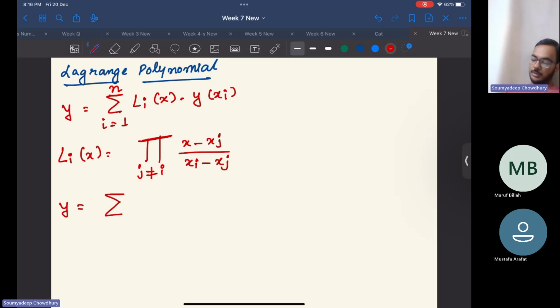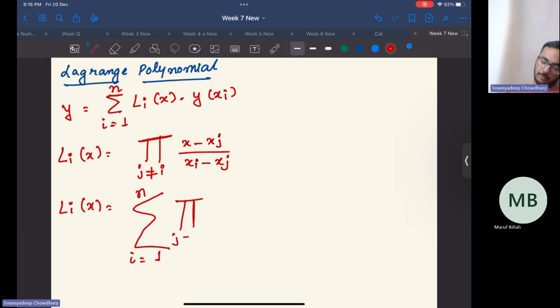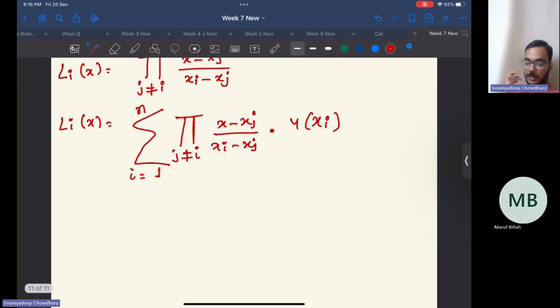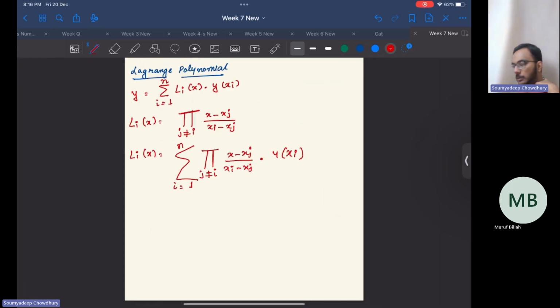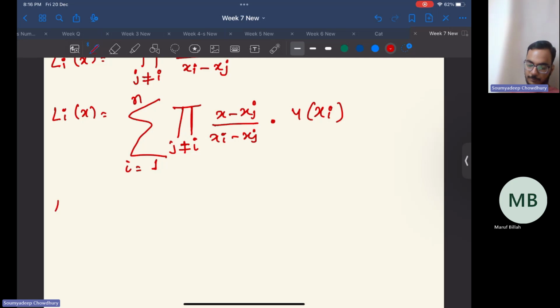If we substitute this expression for Li of x, it will be a summation i equals 1 to n, then we have product pi, j not equals to i, (x minus xj) upon (xi minus xj), into y of xi. So this is the complete formula of my Lagrange interpolating polynomial. But from this it is not at all clear how we expand. We'll expand this formula and see how it is. So for that, first we need to find out